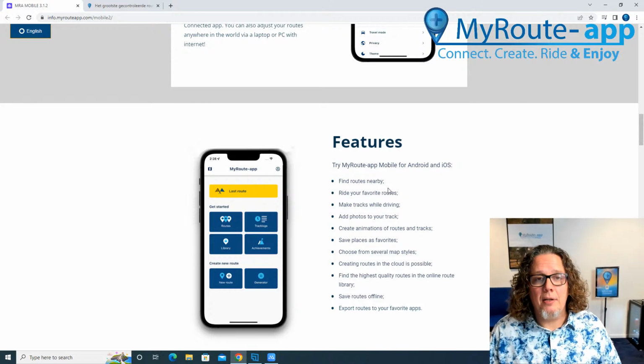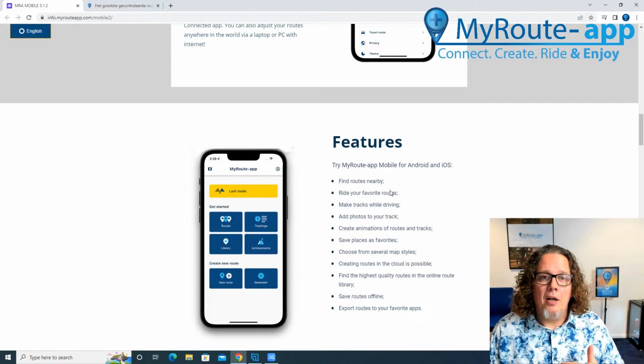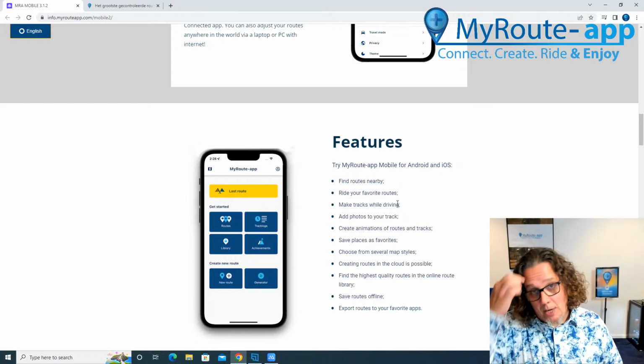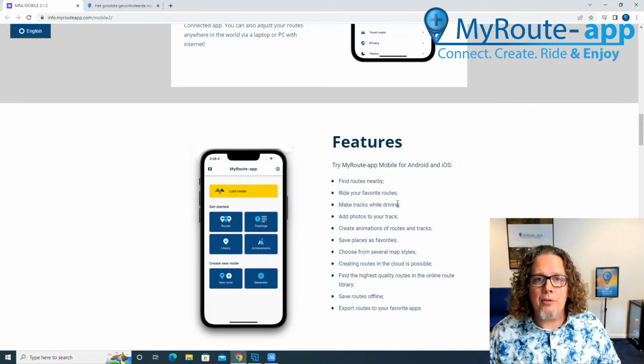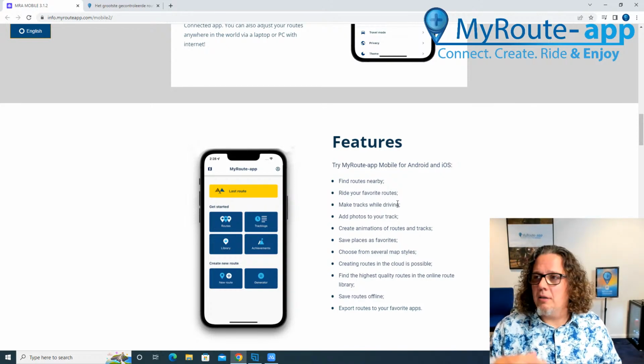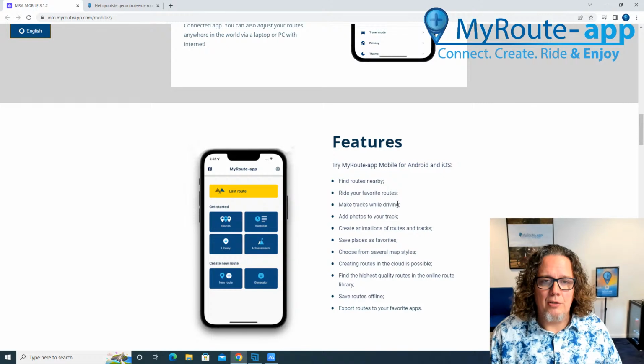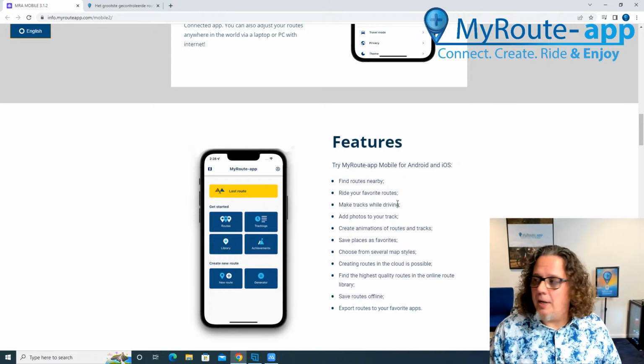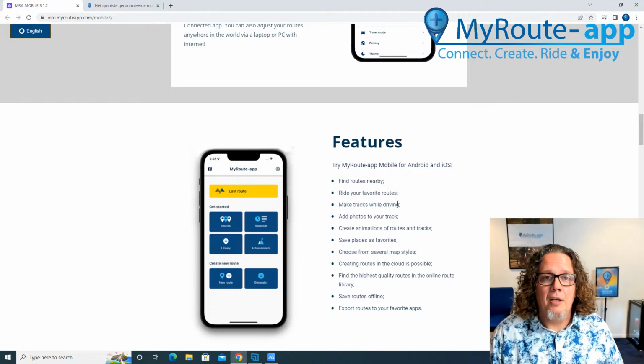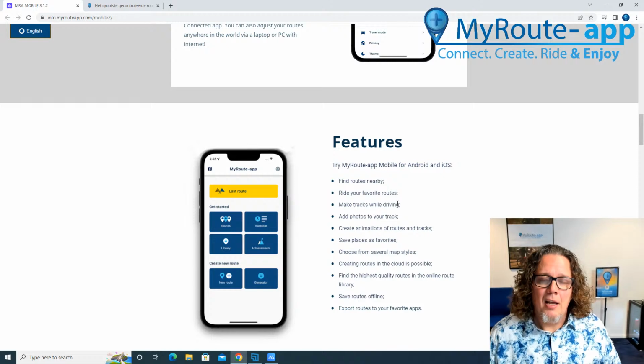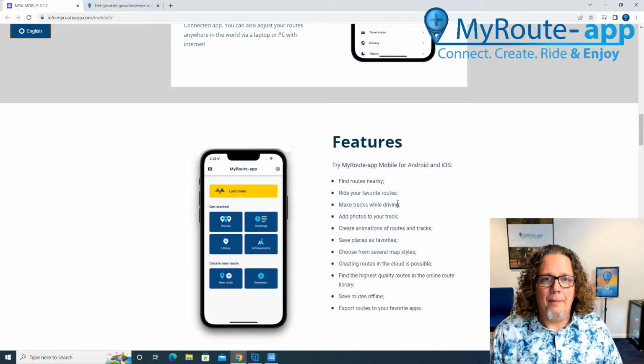You can make tracks while you're driving, so you can see later on where you were, and you can add favorite places while you ride. I'll show you in a second how that works, but imagine you're riding somewhere and you enjoy the view, or you enjoy the restaurant that you just passed and go like, hey, we might want to visit this sometime. You can add that on the go as a favorite point,